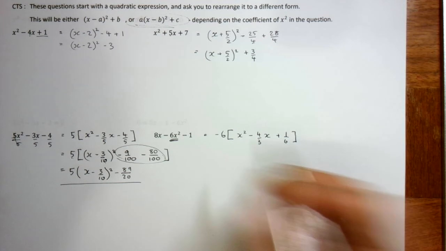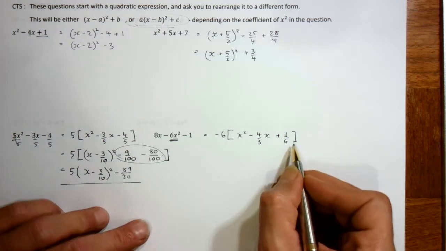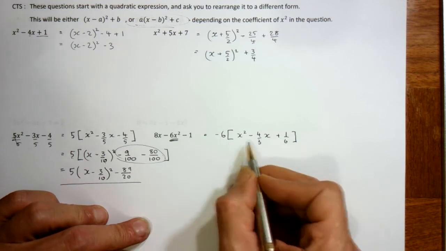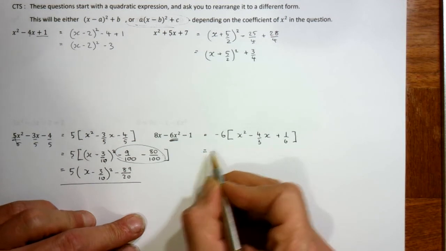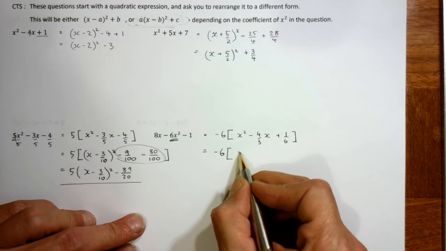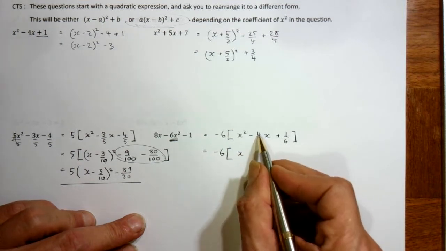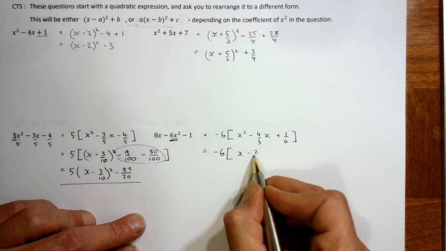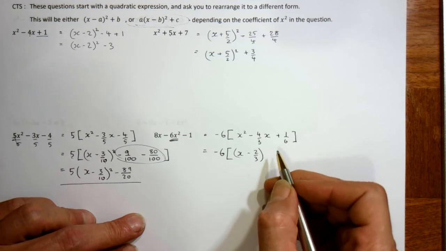Okay, so the minuses, no one likes minuses, me included, but here's a way to deal with it. We take it outside the bracket. Inside the square bracket is the bit that we're going to complete the square on. What do we do? Leave the minus 6 on the outside, kind of forget about it. Put x with half this fraction. Well, we can, the top look is even, so halve it. Don't double the bottom and make 4/6. That just